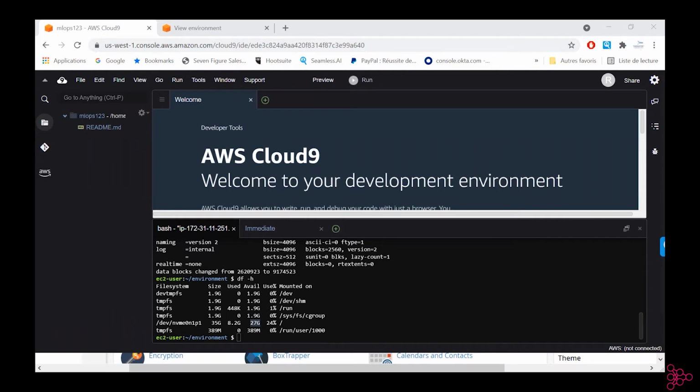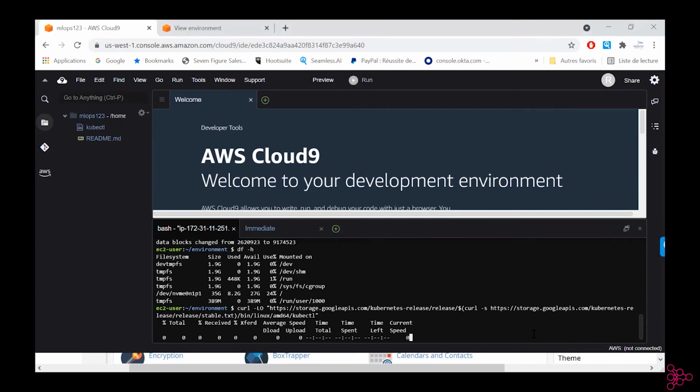Okay, so after that, we will install kubectl. kubectl is basically what allows us to interact with the Kubernetes cluster. Obviously, we need the command to be able to interact with our cluster.